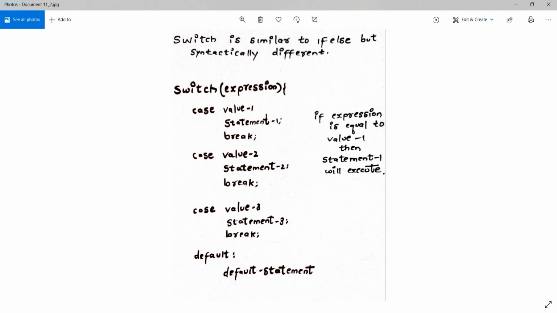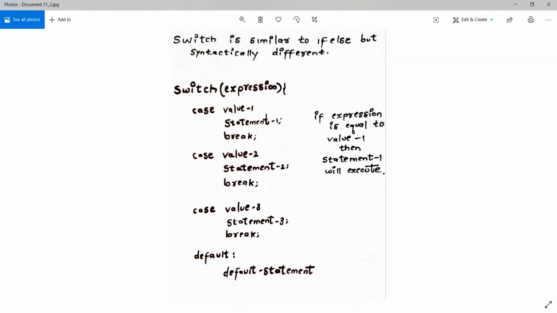The reason why the break keyword is used with each case is because, for example, if value 1 is Srikanth and the expression is also Srikanth, now both these values are matched, so the program should stop right here and come out of that block, right? There is no need to check the other cases again. It's a waste of time for the program. So that is why we use the break keyword in each case. Whenever the expression matches the value, the statements associated with that case are executed, and the program stops and comes out of that block.